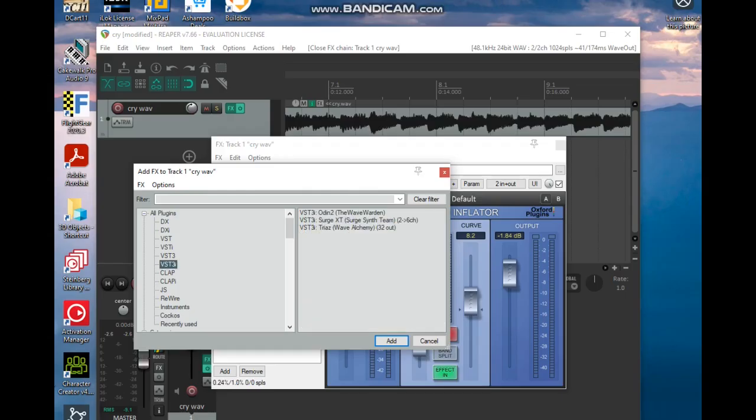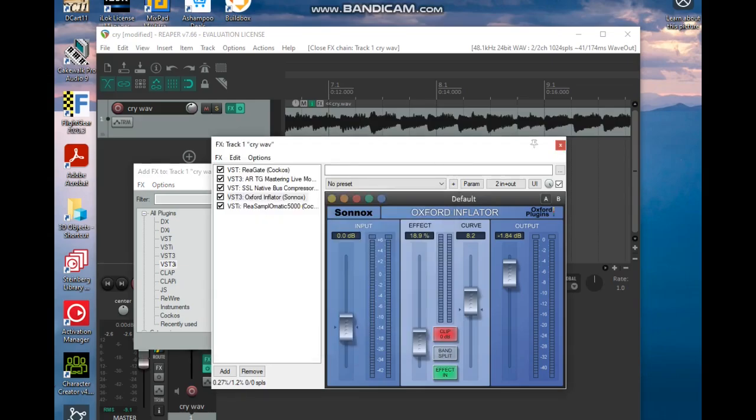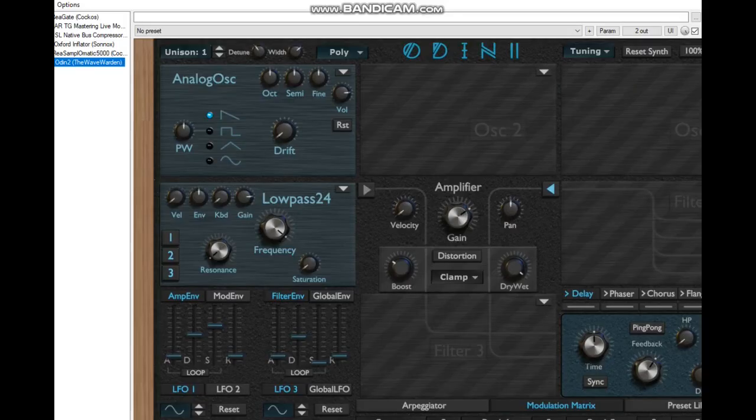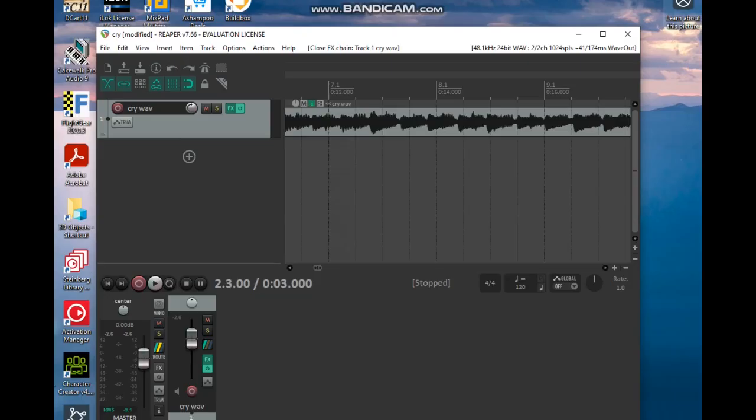Let's see if I can bring some of these up. Like one here, it's like a synth plugin that you can bring up, and it has different plugins that you can use.